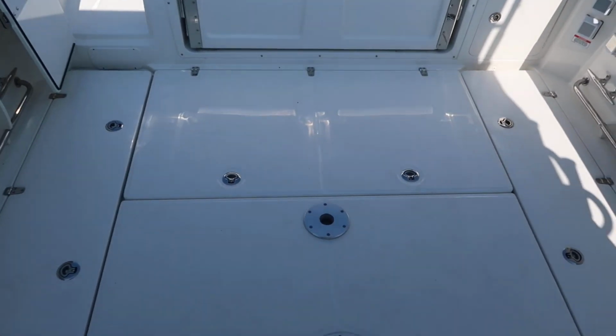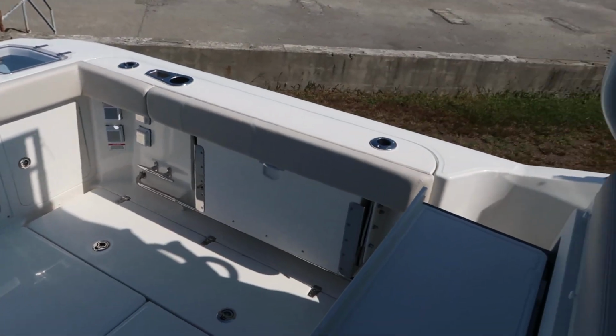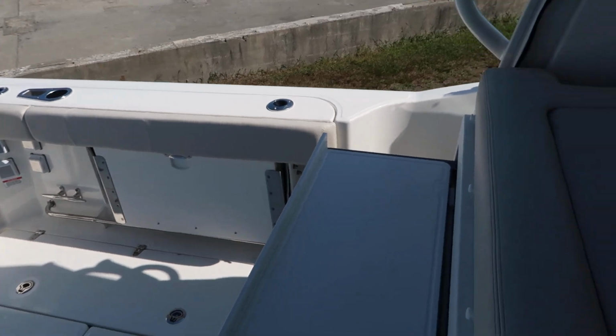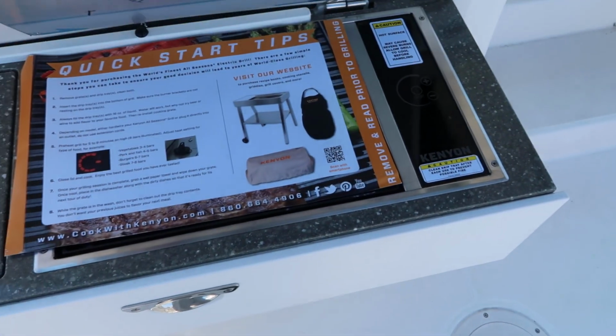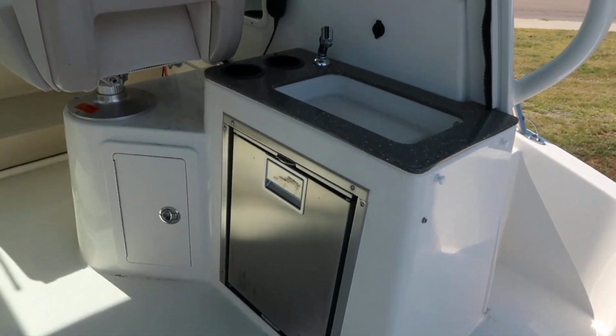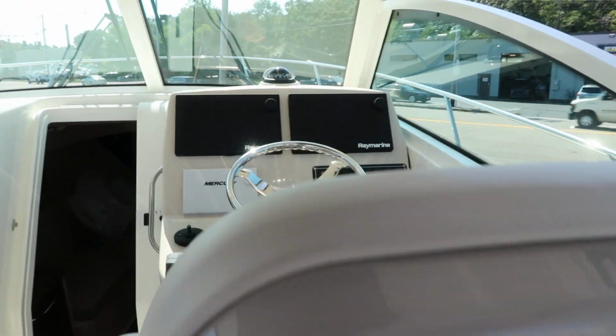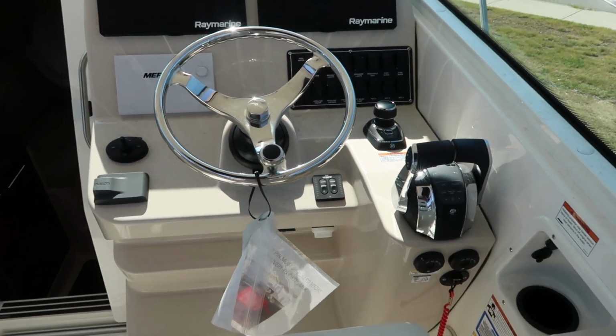There's also an optional table that fits in right here in the center, a large stern seat, and an optional portside seat. This boat's equipped with an electric grill, cockpit refrigerator, two 12-inch Raymarine MFDs, autopilot, Skyhook,